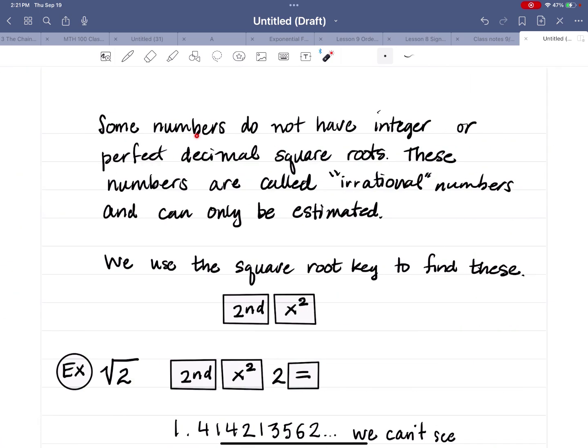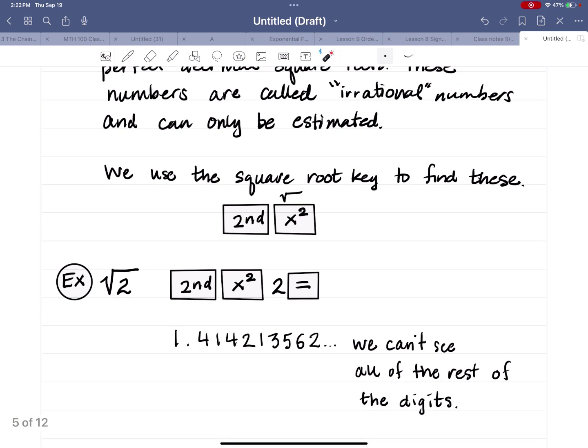However, some numbers do not have integer or perfect decimal square roots. These numbers are called irrational numbers and can only be estimated. And we'll use the square root key to find these. The square root key is located above the x squared key on the TI-30X2S. So you have to press second and then x squared. So if I want to do the square root of 2, I have to press second, x squared, 2, equals,